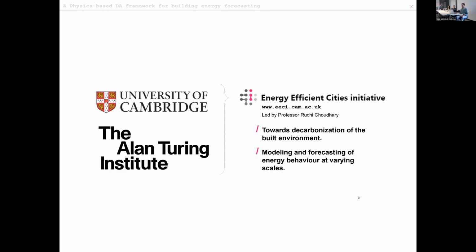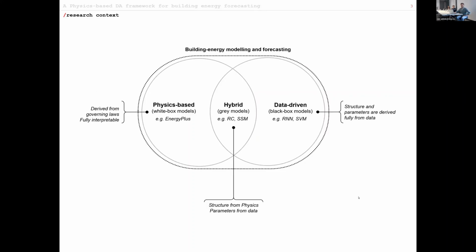Yes, modeling and forecasting of energy behavior across various scales. I'll start off with a very brief overview of typical modeling methods for forecasting energy in buildings,